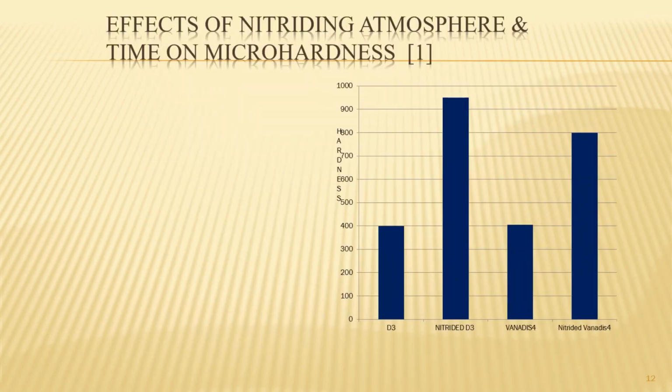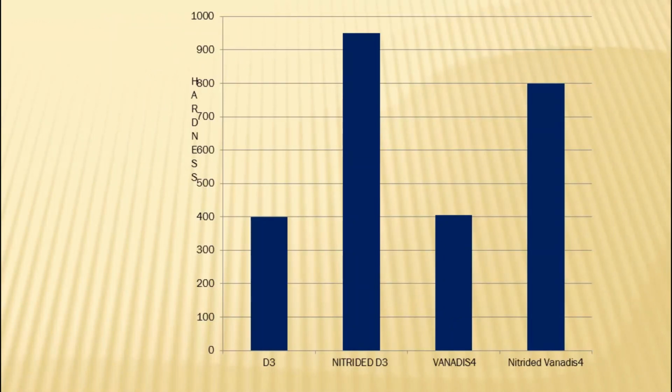Then comes the result part. In result, it is always preferable to present results which can easily be understood by the audience. Like in this case, I have presented results in the form of a graph. So you can easily understand by looking at the graph that I have presented some materials below each bar and the values of hardness on the y-axis. So each bar indicates that for a particular material the hardness values go like this.